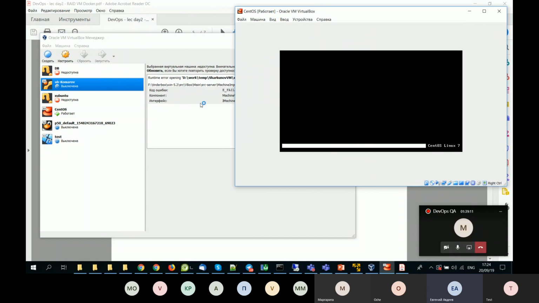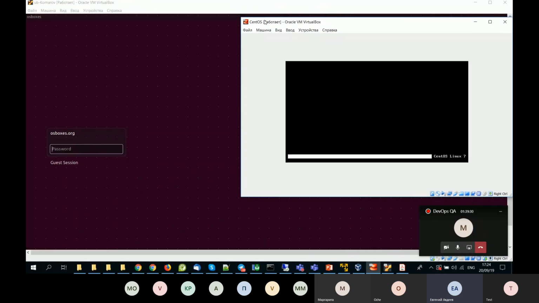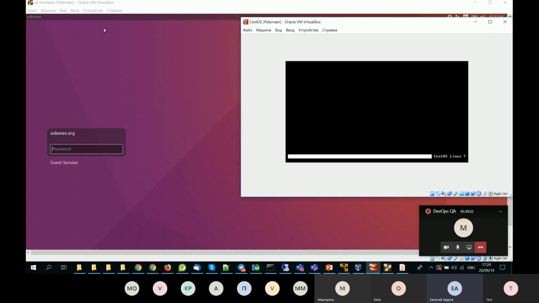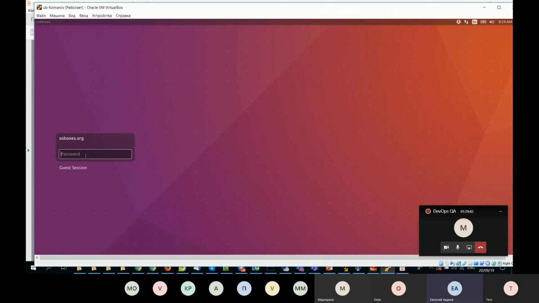So this instrument is very helpful when you want to work with different operating systems, with different computers at the same time. When you want to test something, or you just want to learn how something works. So here I have Ubuntu, and here I have CentOS, and I can try to